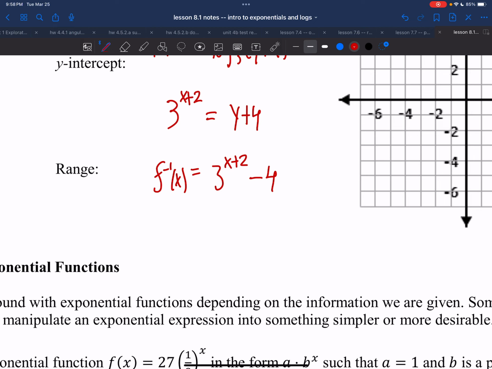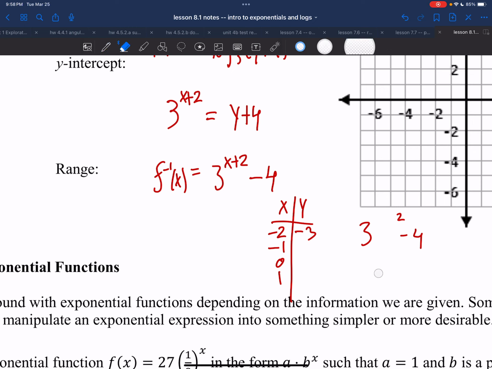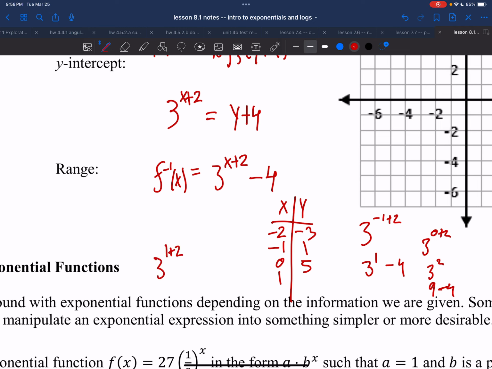But what's nice about this is it's so easy to plug in numbers. Look, make a table for this. Plug in -2, -1, 0, 1. Watch what happens. -2 plus 2, so you say 3 to the -2 plus 2 minus 4. Well, that's 3 to the 0, which is 1, and 1 minus 4 is -3. Repeat, plug in -1, right? -1 plus 2 is 1. 3 to the 1 minus 4 is -1. 3 to the 0 plus 2 is 3 squared, which is 9. Minus 4 is 5. And then one more, 3 to the 1 plus 2. Well, that's 3 cubed, which is 27. Minus 4 is